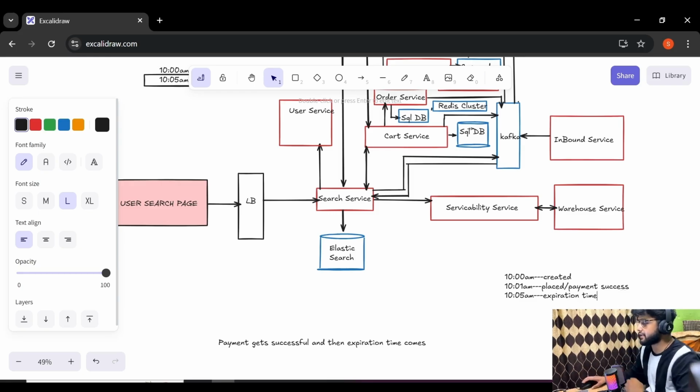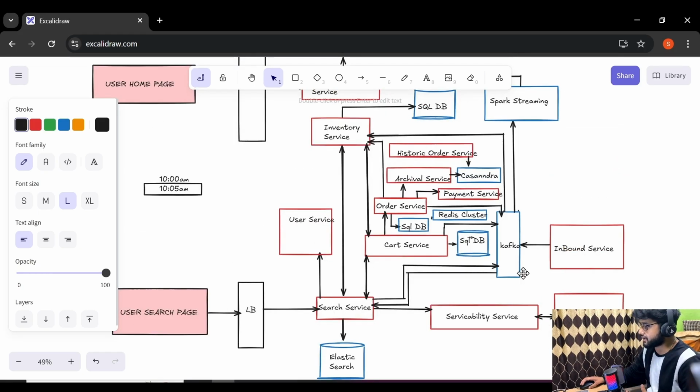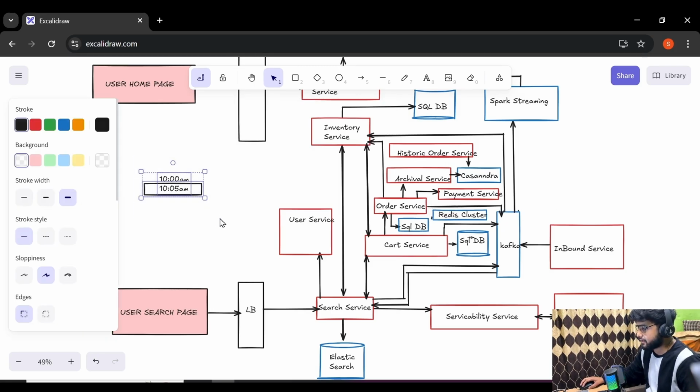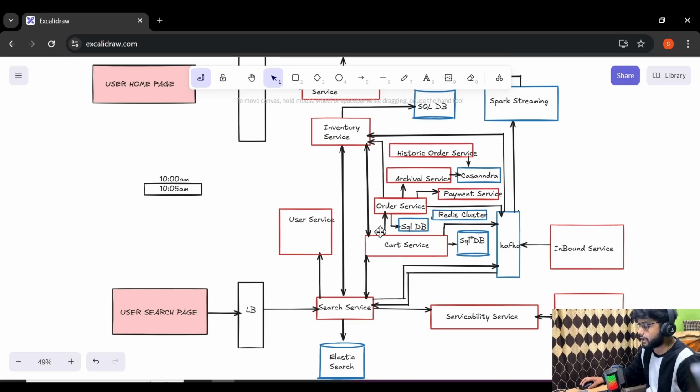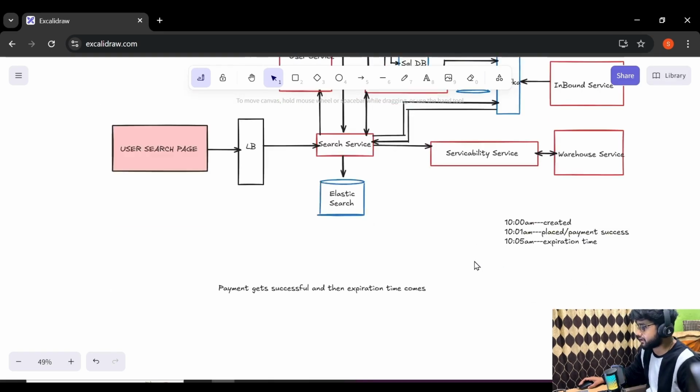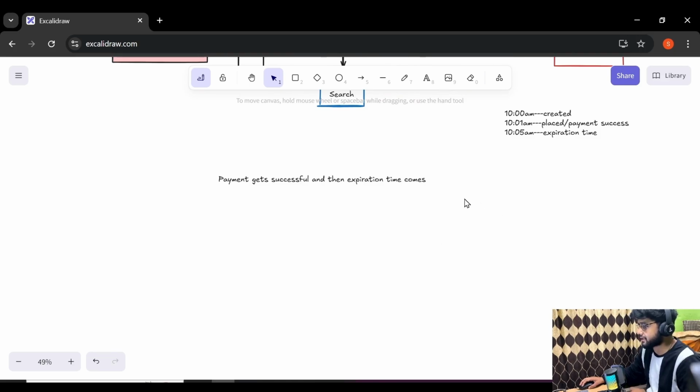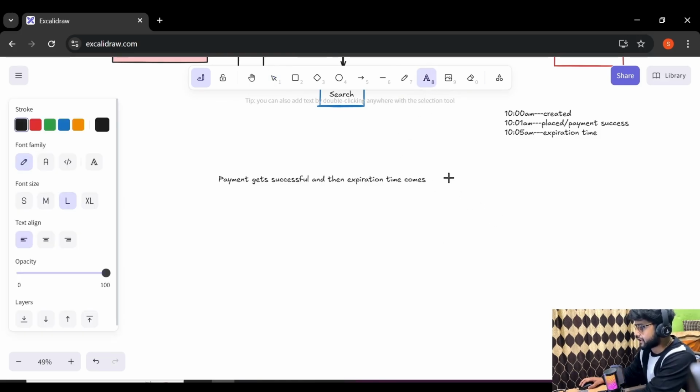So in this case, our payment gets successful before the expiration time. Payment service will send a callback event to order service that payment has been successful, and order service will simply delete this entry from the Redis cluster, and update the SQL database with the tag that order is placed. So this is the first case where payment gets successful before the expiration time.